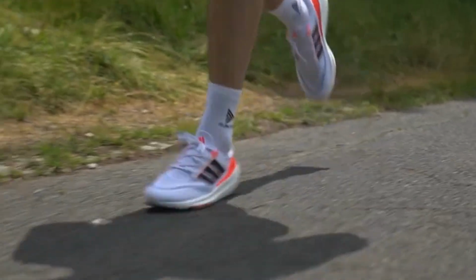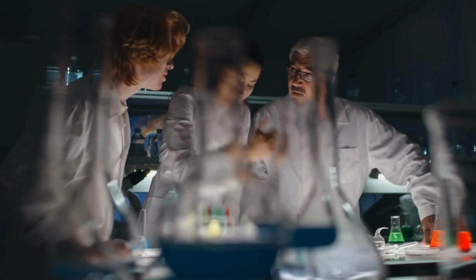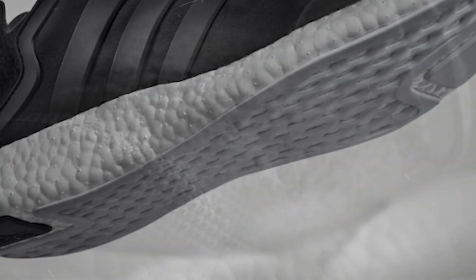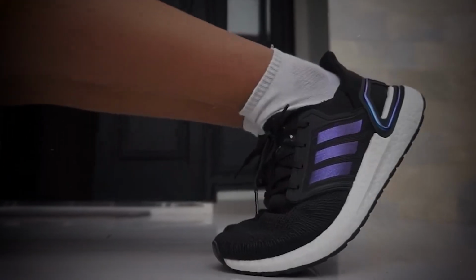In 2013, Adidas took things to a whole other level with Boost cushioning technology. Working with the best chemist in Germany, the brand created a new type of foam that far surpassed anything that came before. Consisting of tiny little thermoplastic polyurethane particles, the foam in the soles also contained air gaps between each granule, which provided some extra spring in your step. The comfort was unparalleled. The durability was beyond question,